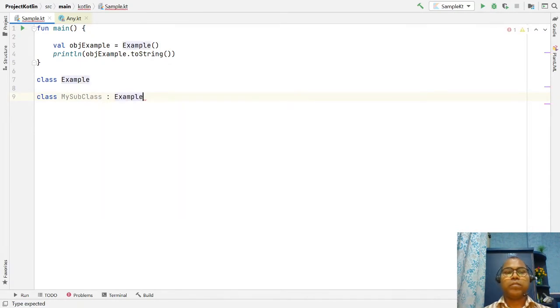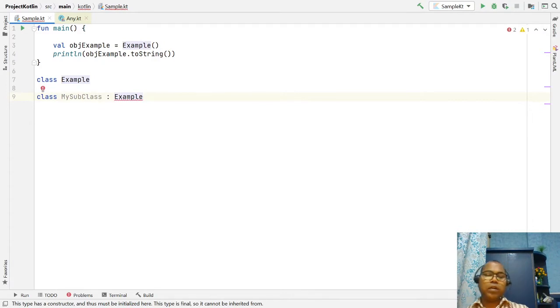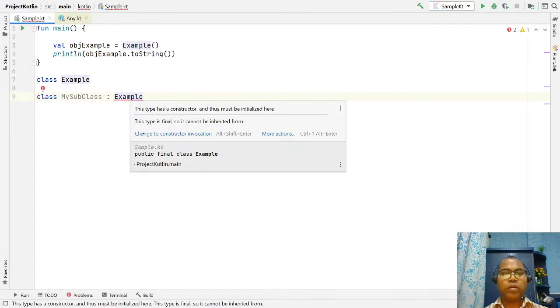So in this example, the Kotlin compiler says, okay, this class has a constructor, but this must be initialized. Here we have not initialized the constructor, but this is of type final, so it cannot be inherited. By default, whether you mention it or not, it is a final class.